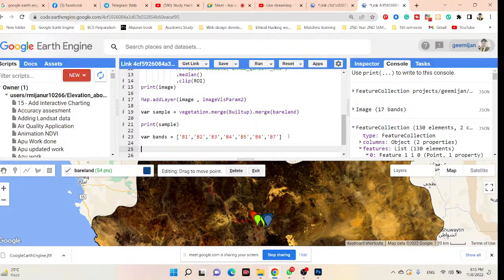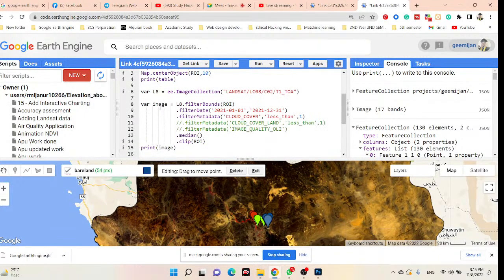For this, I simply take a variable and give the variable name, suppose, train image. You can put any variable name. I put the variable name as train image, and then I simply call my image. You can see this is my image. So all of the things are stored in a variable. This variable name is the image. I simply copy